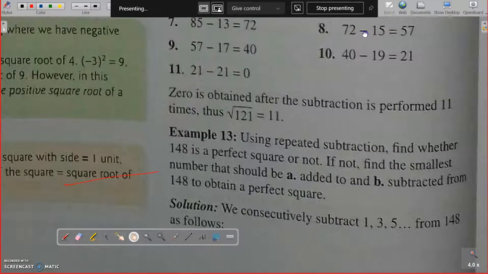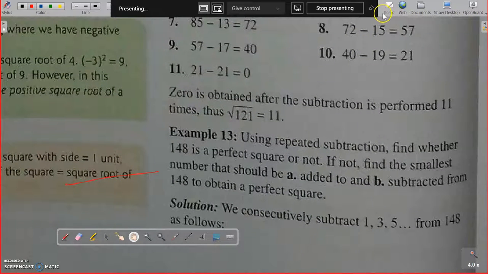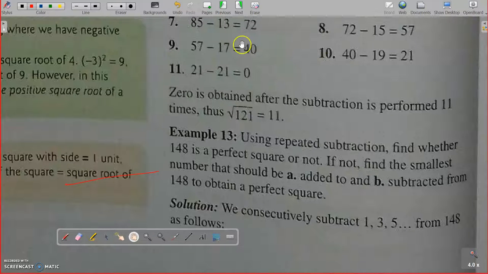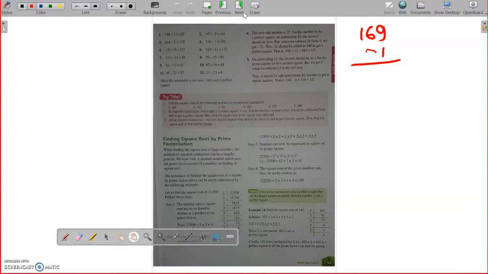So now what I will do over here is, okay, there is presenting, but not this remote. If I click on stop presenting, then no problem. Give control, that means I can give control to students also. Now it has been cancelled. So now if you will see the next page, okay,